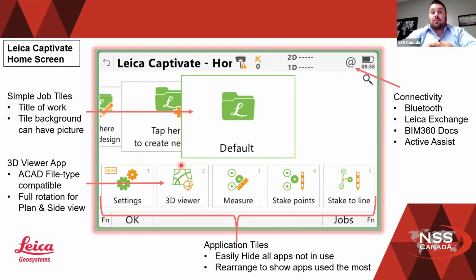So while you're picking up your work, you can view it much like you can on your PC. You can view it in a rotatable 3D view, as well as if you import any ACAD files, you can bring it in there. You can see all your line work. You can see your points. You can see everything. It's great for scanning as well. So if you guys have an MS60, you can have a nice little dense point cloud